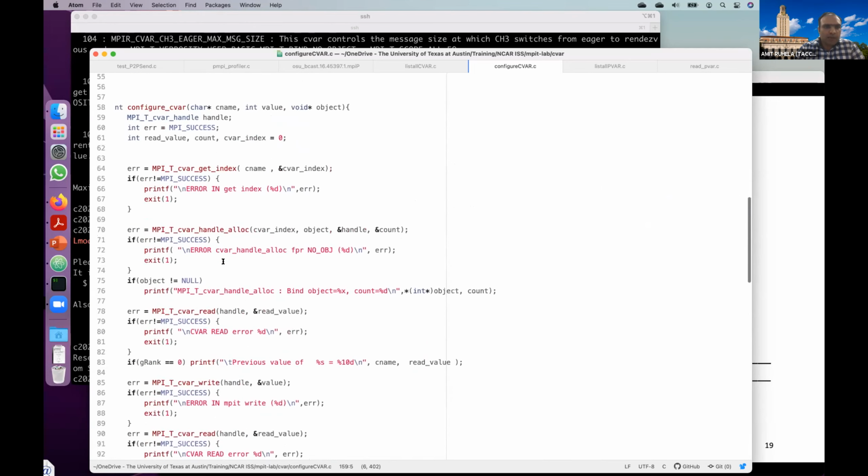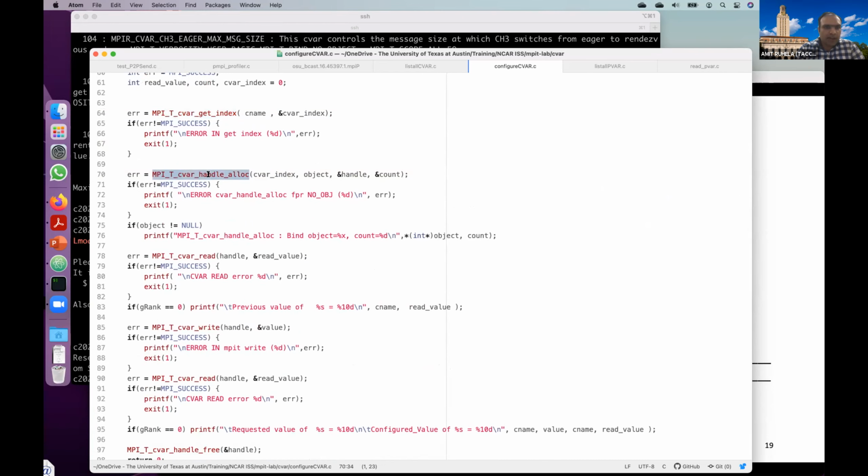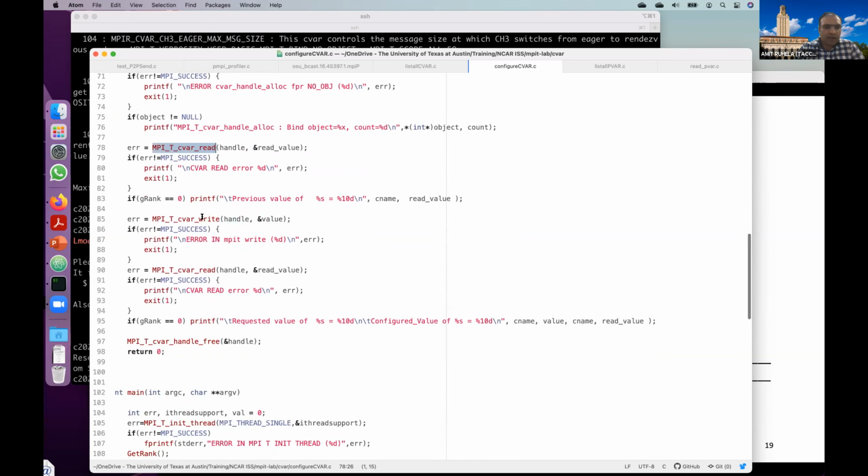Within the implementation, to set the CVAR, you get the index, allocate a handle to it, read its value, then write the value and verify what the value was set to. You don't need to call the read functions here. You can also just set the CVAR and change the value of that algorithm.